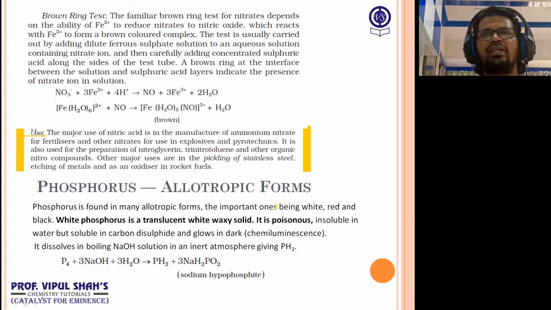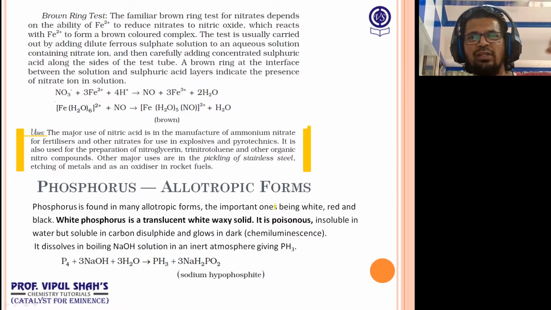Then next we have, people, a very important point to discuss, the Brown ring test. I'm sure in 11th standard everybody has done it in college. Those who have performed the practicals properly, okay? Not those who just show the test tube and say I got the color, but the ones who have actually performed. The Brown ring test is for the detection of nitrates. That's the Brown ring test.